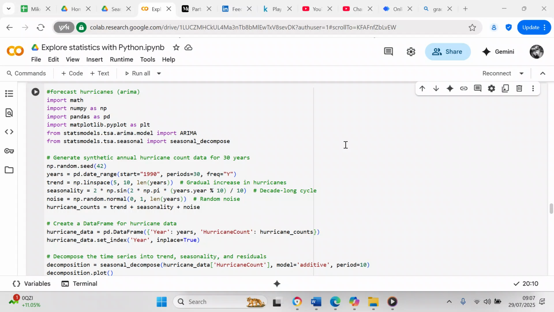So the first thing that we're going to import is math, which is an inbuilt function in Python. And then we're going to import NumPy as np, which is a numeric library that also creates NumPy arrays. We're going to import pandas as pd, which is a data processing library that also creates data frames and series. We're going to import matplotlib.pyplot as plt, which is a visualization library. And from